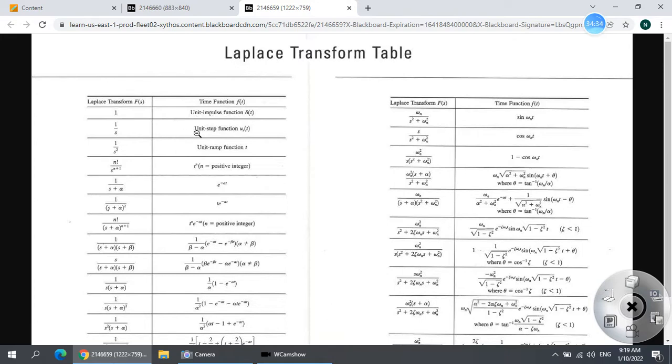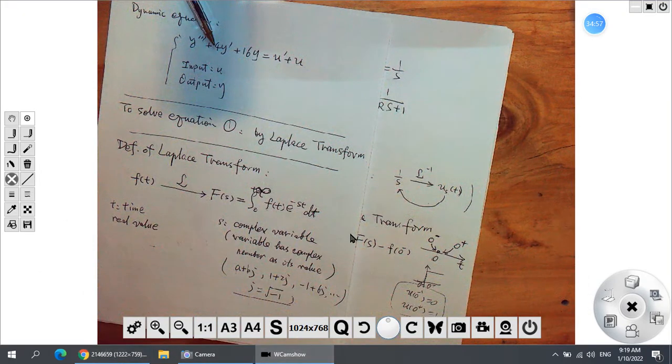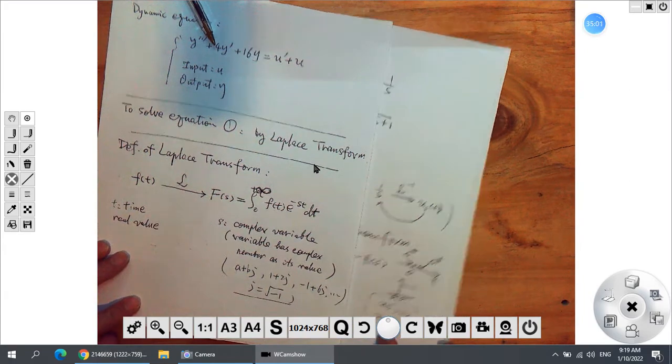We just defined these, and actually we have more. We have 1, which is the unit impulse function. The unit ramp function corresponds to 1 over s squared. I will explain this later. Now we want to find